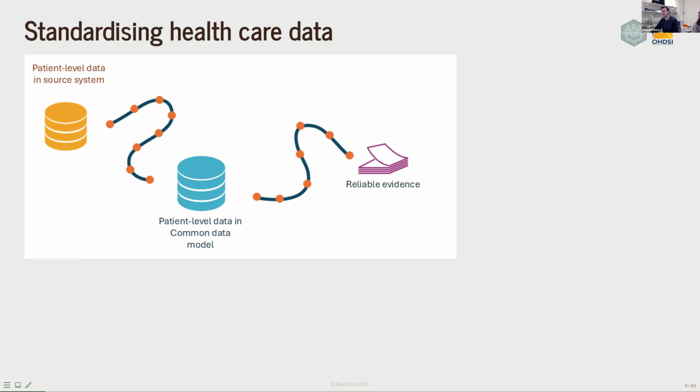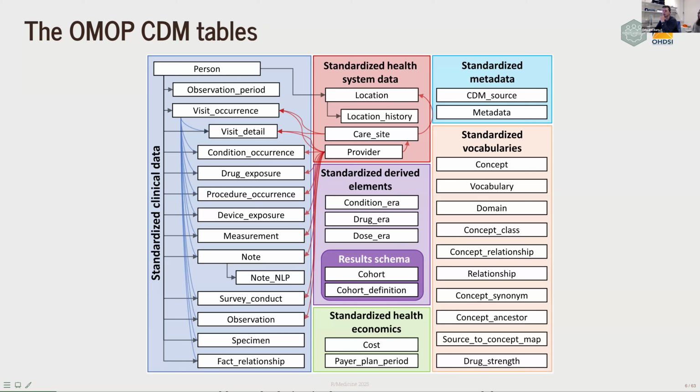And then as the person doing the analysis, you can then query that common data model to generate reliable evidence. One big benefit of this is that different source systems can be converted to the same common data model, so that you can use the same pipelines against different databases that have been mapped to this common standard. The common standard we use is called the OMOP Common Data Model, so we'll be calling it the OMOP